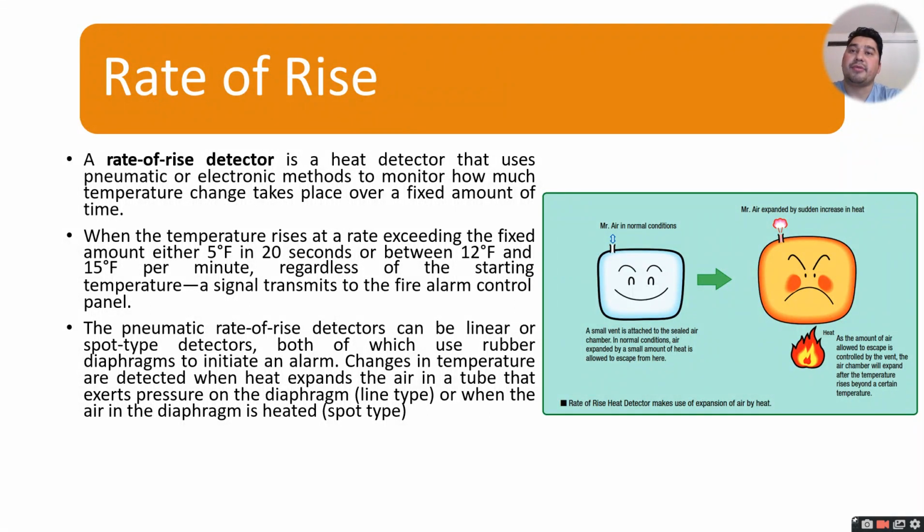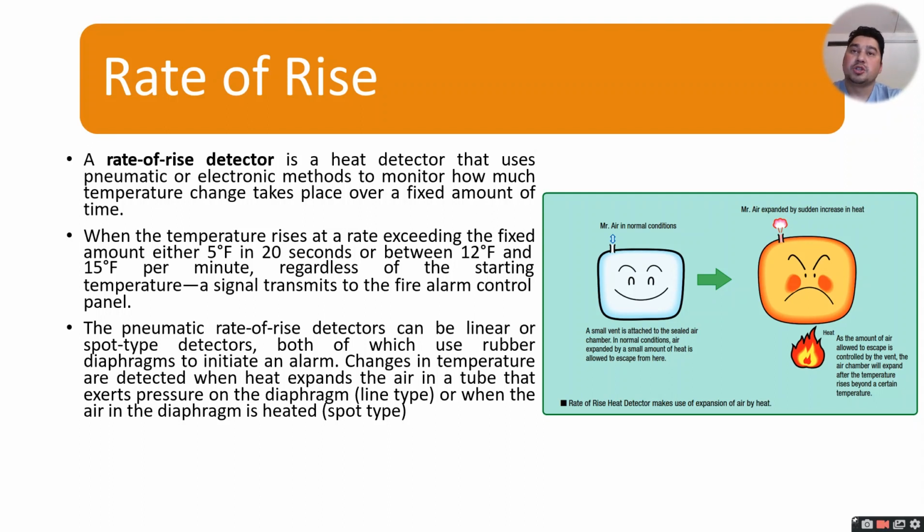The pneumatic rate of rise detectors can be linear or spot rate detectors, both of which use rubber diaphragms to initiate an alarm. Changes in temperature are detected when heat expands the air in the tube that exerts pressure on the diaphragm, line type, or when the air in the diaphragm is heated,